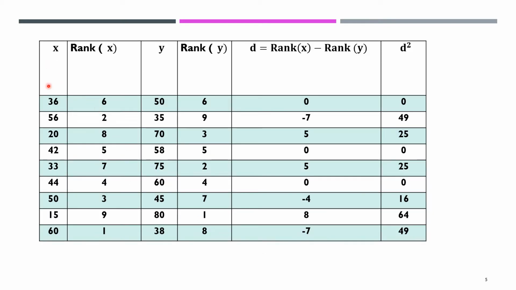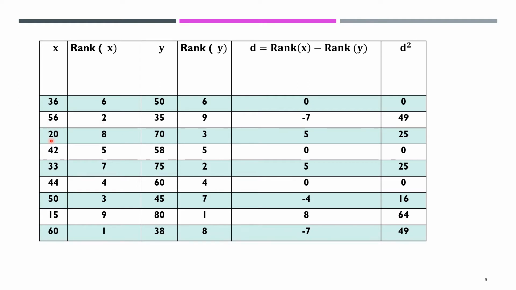The table will have the first column as X and the second column as rank of X. First we write the X column and then we write the rank of X. Now in the X column, we calculate the ranks from the highest to the lowest. The highest number in column X is given rank 1. So 60 is the highest number in column X, so 60 is given rank 1. The next highest number is 56, which is given rank 2.